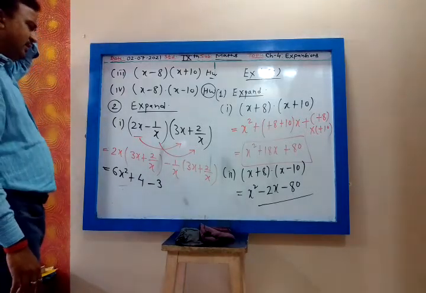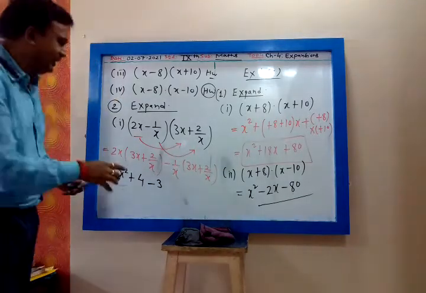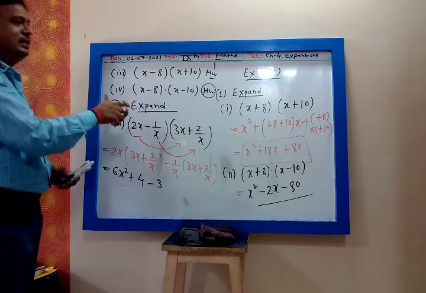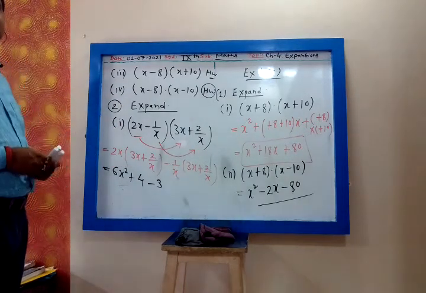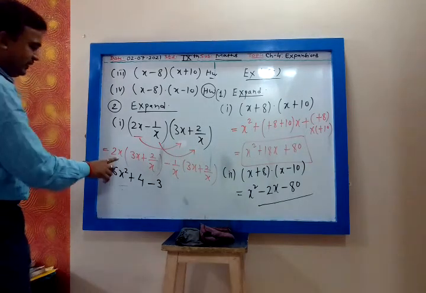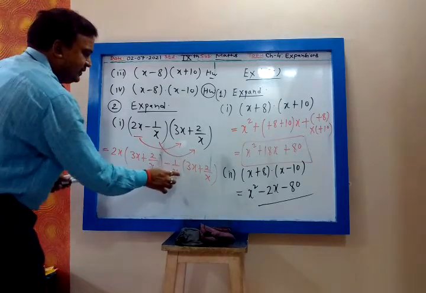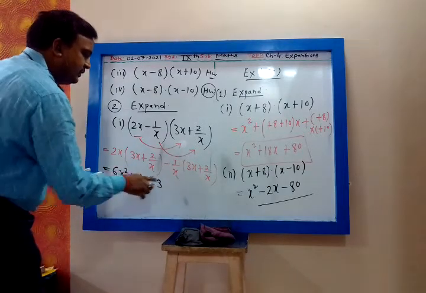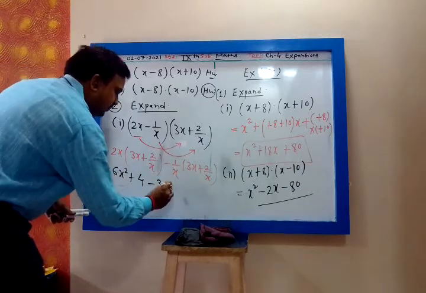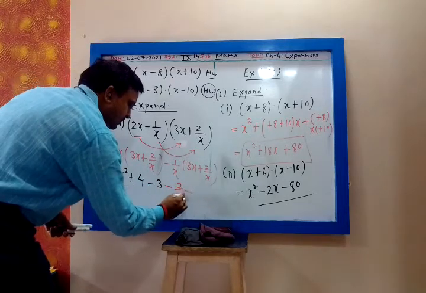In the bracket, no, my dear, the bracket will not get cancelled because it is plus. If it is multiplication, then only you can cancel. Okay. So only this we multiply to each term. So x gets cancelled, 3. Then minus into plus, minus 1 by x into 2 by x will be 2 upon x square.